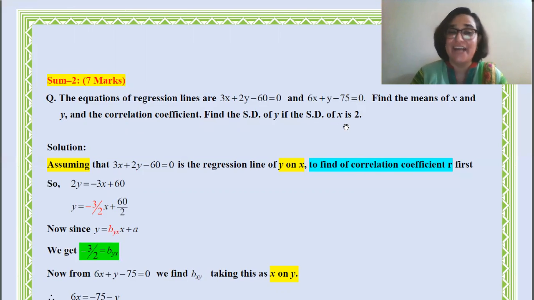परफेक्ट, दैट्स गुड गोइंग. नाउ अभी हमने एक सम किया, वहां पे मैंने आपको ऑलरेडी बता दिया था कि अगर आपके पास y on x और x on y में से byx और bxy मिल जाएगा तो r की वैल्यू r is equal to under root byx bxy से आप ढूंढ सकते हो, राइट? सो अभी आपके दिमाग में ये फ्रेश है. सो व्हाट आई विल डू इज कि सबसे पहले हम r की वैल्यू ढूंढ लेते हैं, राइट? But the one question which should come to your mind as a thinking student is